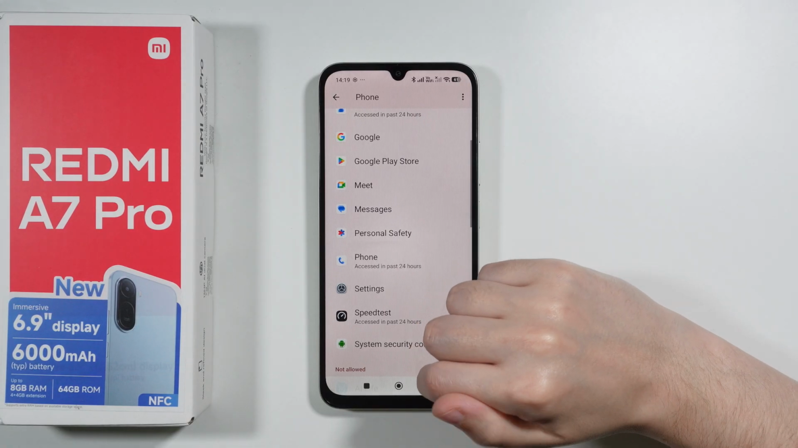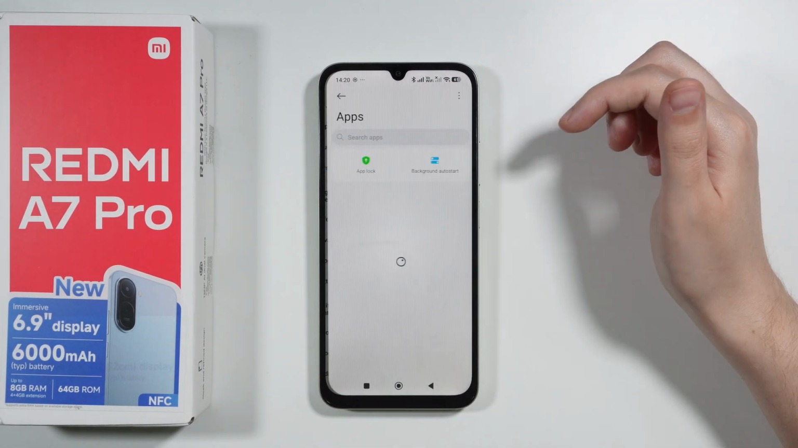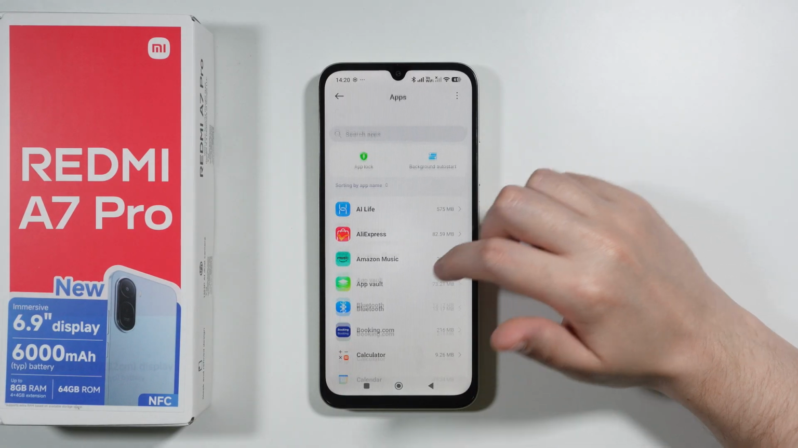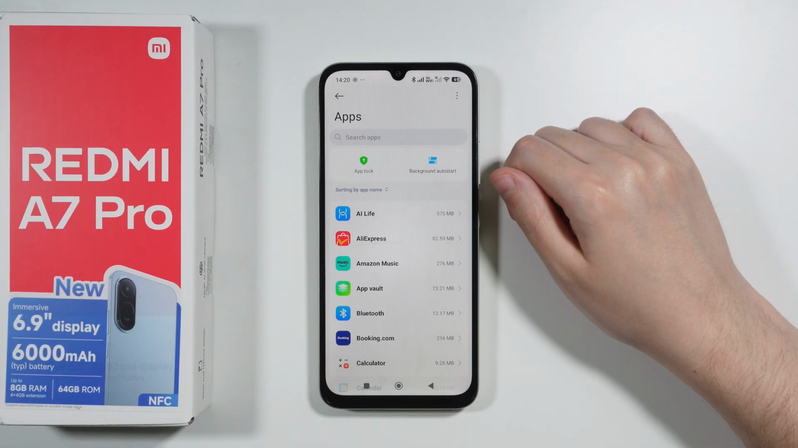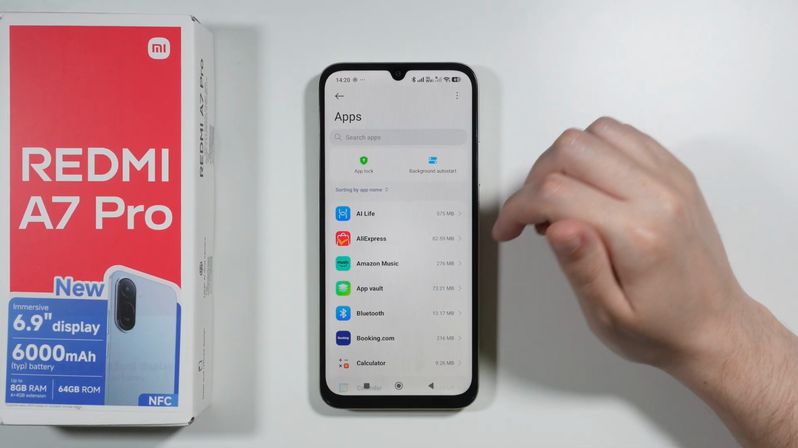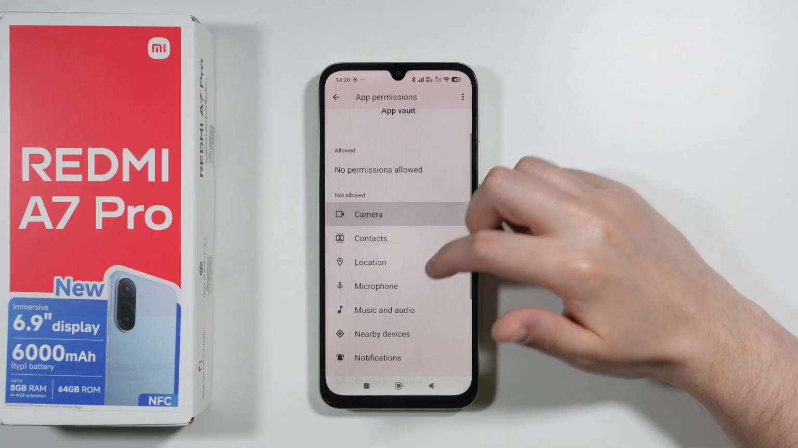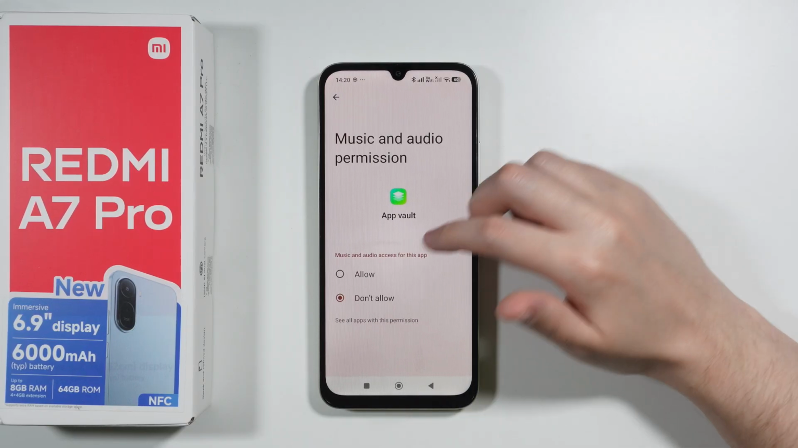You can also go to the list of apps instead. So if you go back to settings, you can go to apps over here. And then from this list, you can just choose whichever app you want, for whichever app you want to manage permissions. Let's say I'm gonna choose this one. Then over here we have app permissions, and then there we go, we can manage permissions for this specific app